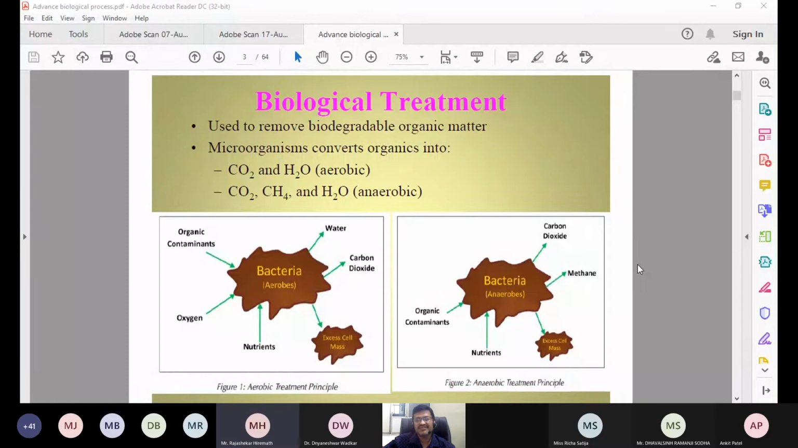So in 5 days, what is happening? The same reaction that I have told you just now. Organic matter plus oxygen gives CO2. So the microorganisms consume the organic matter in the wastewater in that bottle, and they consume the oxygen. So initial DO minus final DO gives you the BOD. Now how it indirectly gives you organic matter, that is